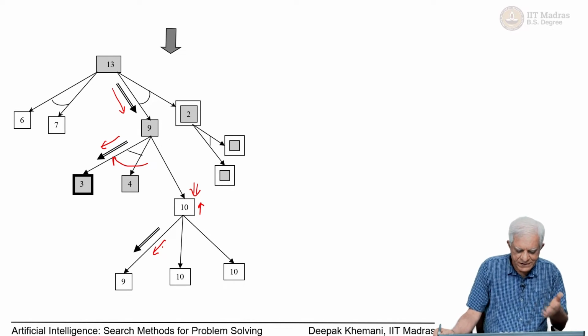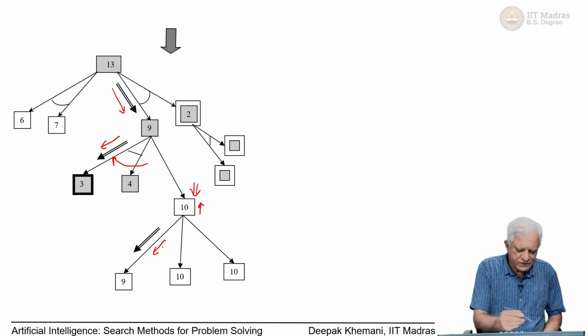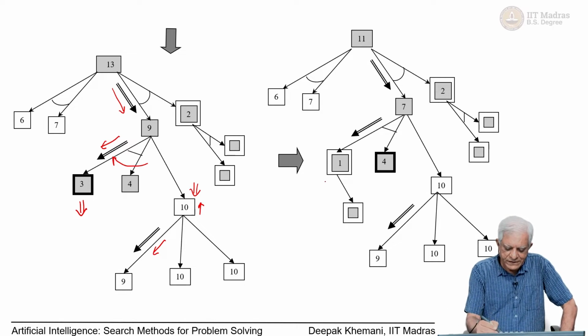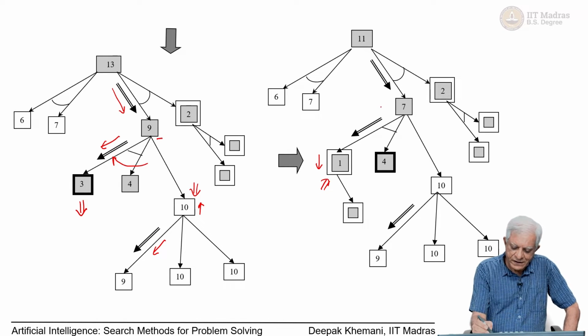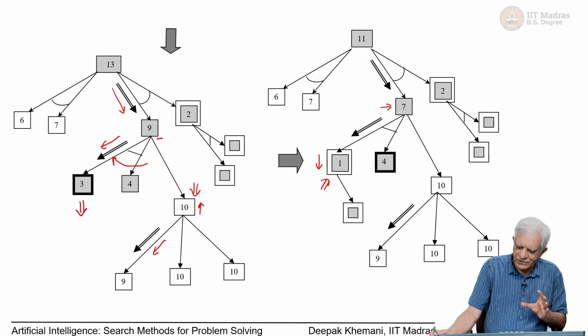So, now we have this node with 3 and 4, one of them we have to refine. Let us say that we choose to refine this node 3, which has become 1, and let us say it has one choice which leads to a solved node. So, its cost has come down from 3 to 1 essentially, which means that the cost of 9 here has gone down to 7 and 13 at the root has gone down to 11. So, the right choice continues to remain the best choice,